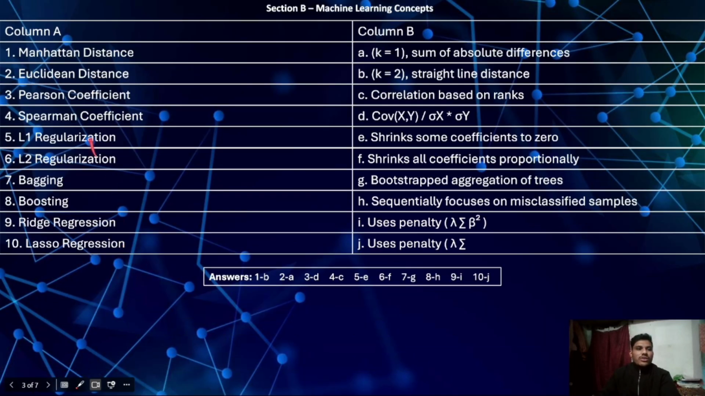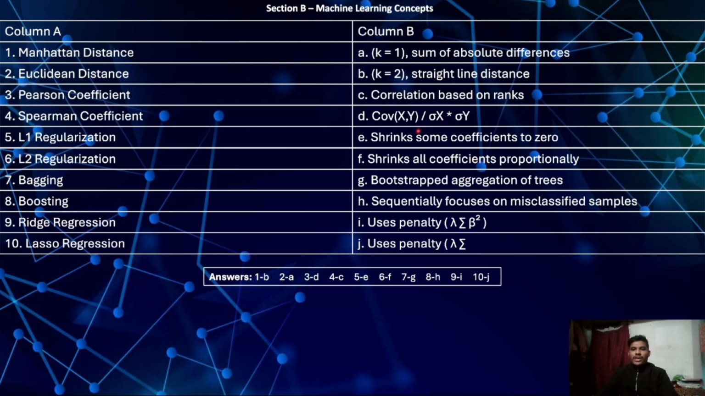Now here is the match the columns. In column A we have Manhattan distance, Euclidean distance, Pearson coefficient, Spearman coefficient, L1 regularization, L2 regularization, bagging, boosting, ridge regression, lasso regression. And in column B we have k equals 1, sum of absolute differences, k equals 2, straight line distance, correlation based on ranks,